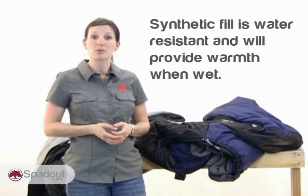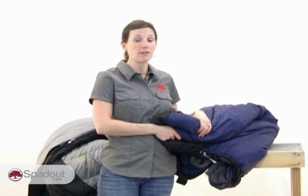It's water resistant and provides insulation even when it's wet. Synthetic fills will dry much faster than down fills, usually in a matter of minutes if they're in direct sunlight. Synthetic is generally less expensive than down and is easy to care for. Most synthetic fill sleeping bags or garments are machine washable and dryable. Because synthetics are man-made, they are for the most part hypoallergenic. Synthetic fills vary a great deal in durability, bulk, weight, and price, creating more options for every budget and all